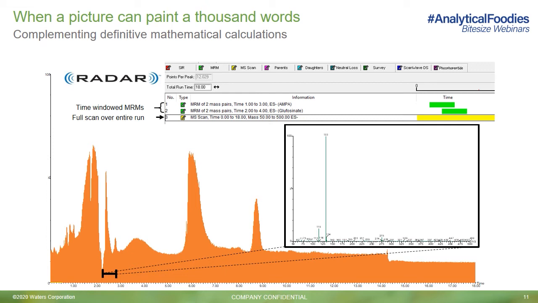During method development, however, we can acquire full scan data simultaneously with our targeted MRMs. This acquisition mode is termed RADAR within Waters, and RADAR can provide visual aids to understand what matrix components are eluting over the chromatographic gradient, and also allows spectral information to be extracted across regions of interest, providing good qualitative and quantitative data. In addition to calculating matrix effects, acquiring RADAR data during method development enables more informed inferences to be made on the data and our method.